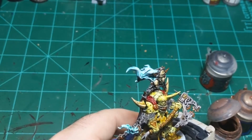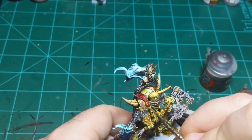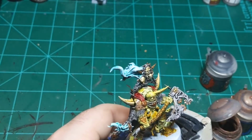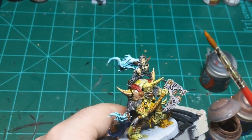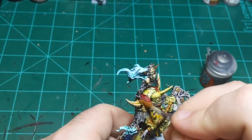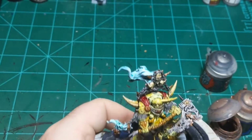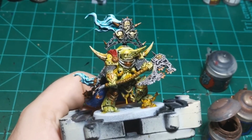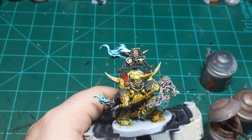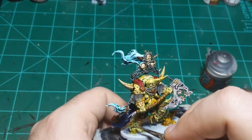Make sure I have the right consistency of paint here. There we go. And then I'm just gonna get it all over here like that. And I'm going to take a not in use brush and just come back and wipe it off, but it's sat down in some of the cracks and stuff. Just going to do the same thing again